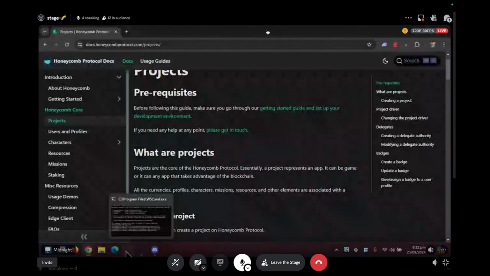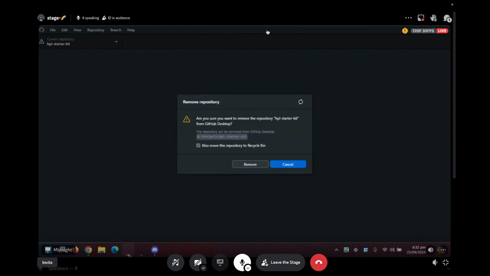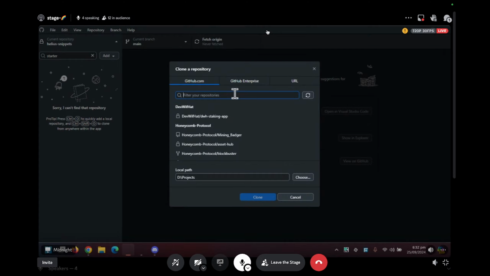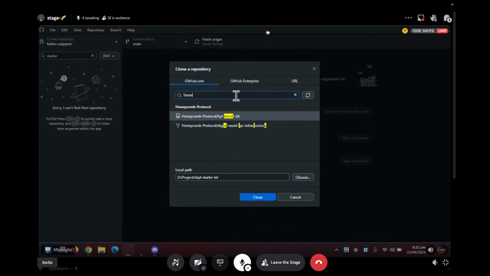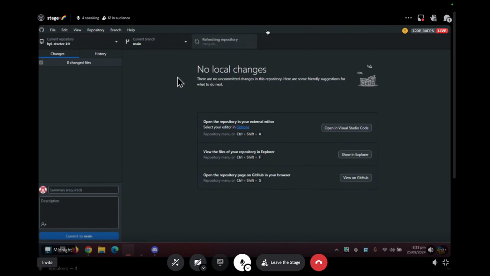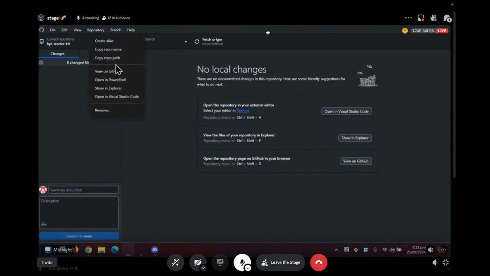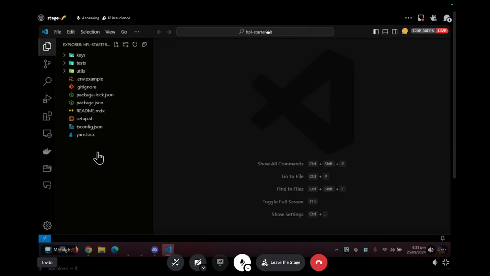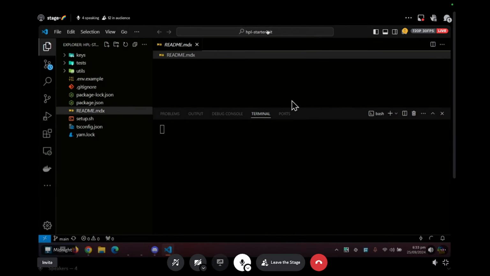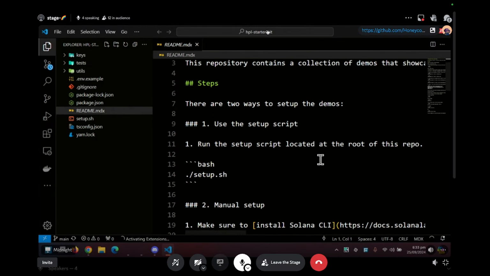So let me clone the repo again. Oh, it's still deleting. No, it's done. Let's clone the repo. All right, so that's the first step. You guys will clone the repo. So this is what you'll see once you clone the repo. And there's a README, so any step, if you forget anything,